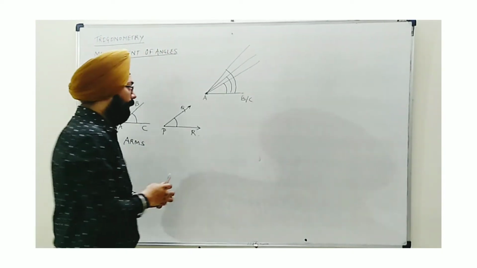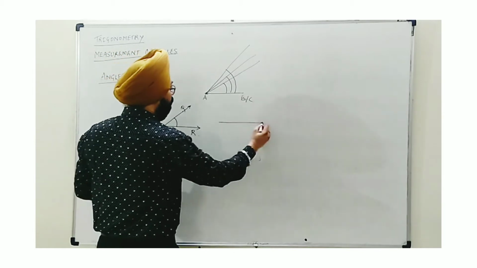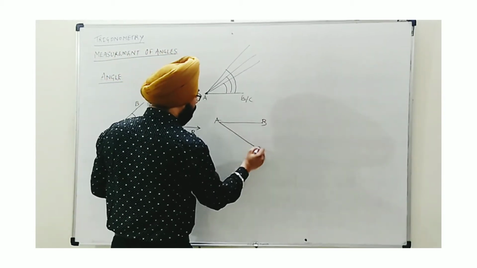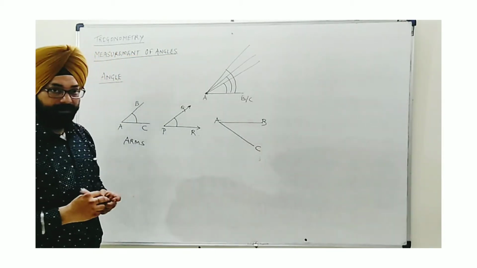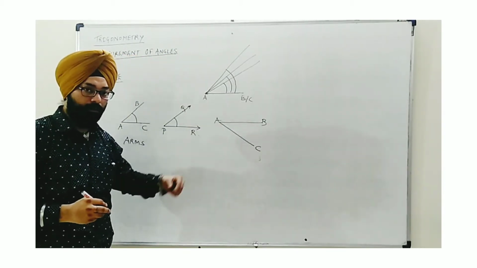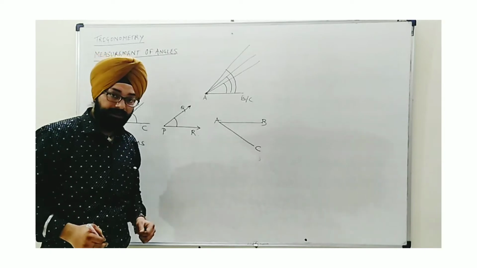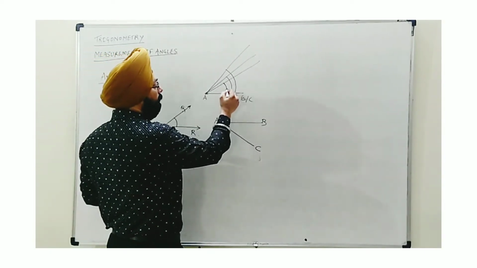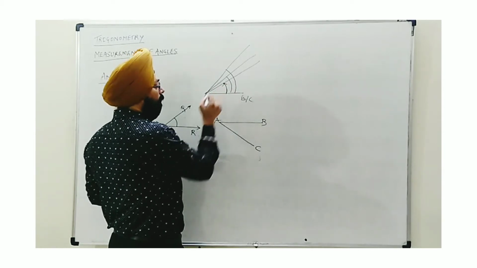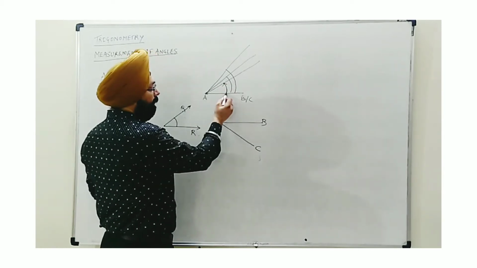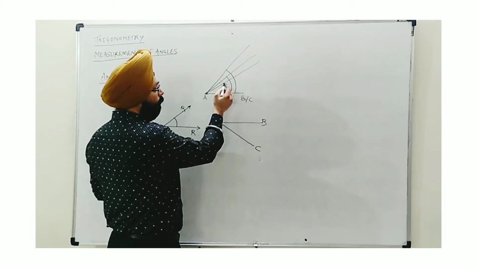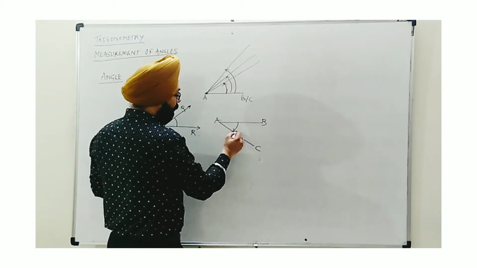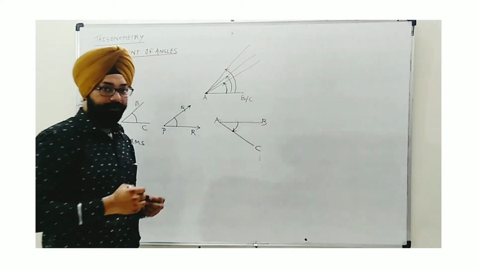And also now if the arm is moving in clockwise direction, ABC, then if clockwise direction, it's considered to be negative. But how to show that direction? This also may be a question. We show the direction using this arc whenever there is the compulsion to show the direction. Like if it is anti-clockwise, you can put the arrowhead in anti-clockwise direction. If it is clockwise, then put the arrowhead towards clockwise direction.